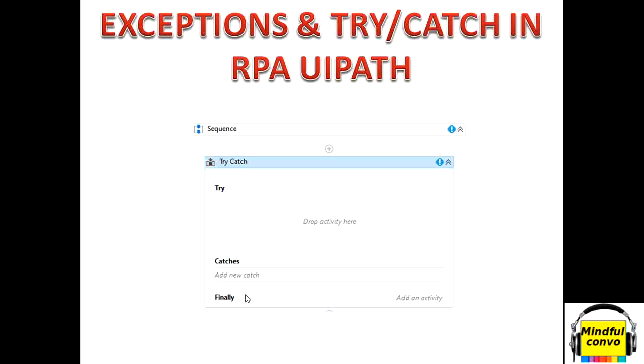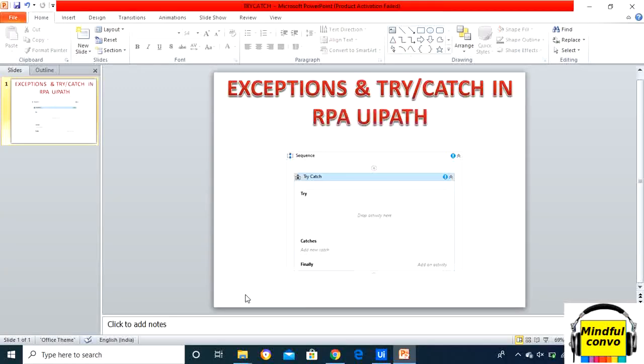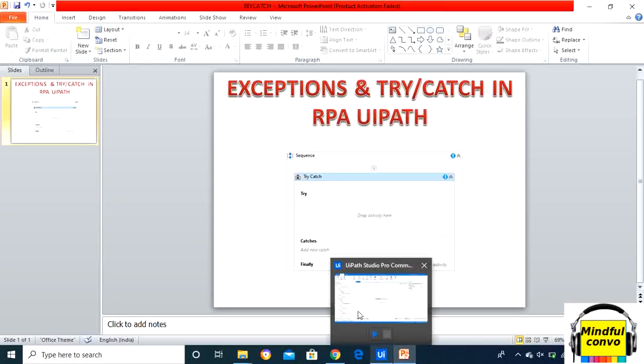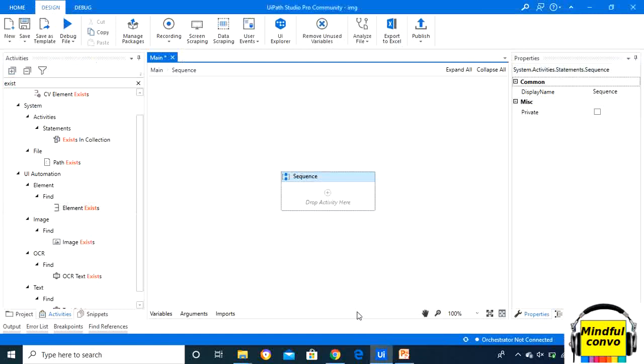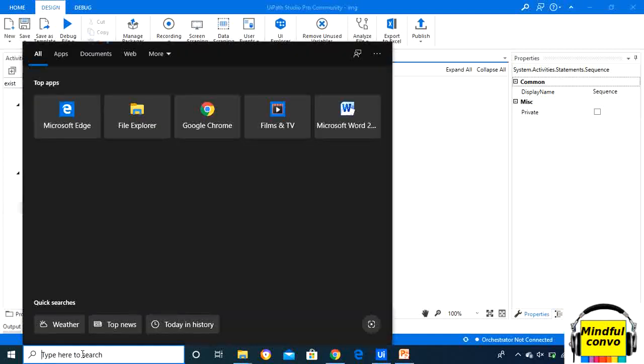Generally, the finally block helps us to close resources, like closing a database connection or a file operator. Now we will do a simple practical in UiPath Studio for the try-catch block so that you understand this topic better.